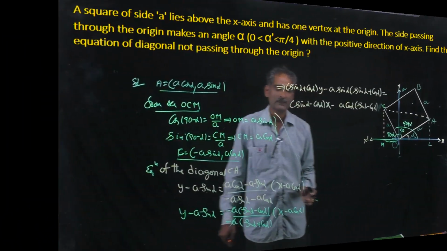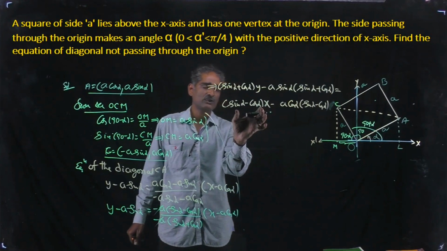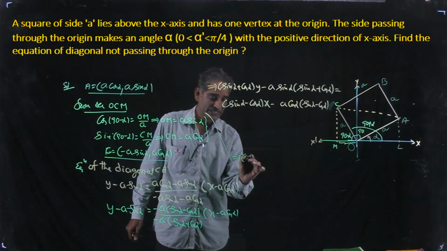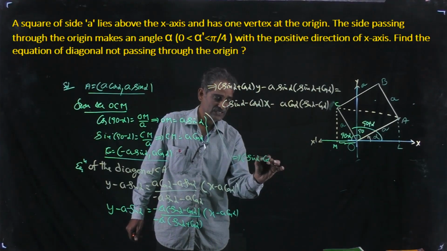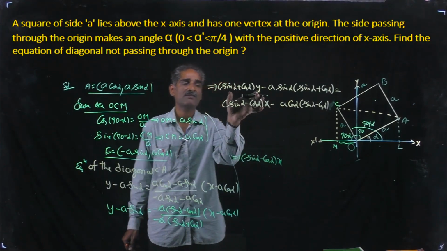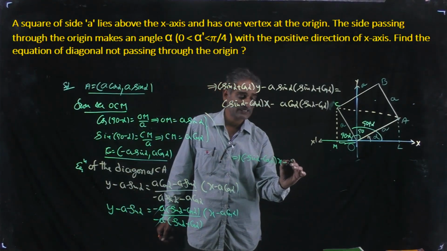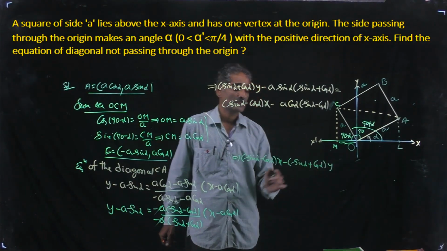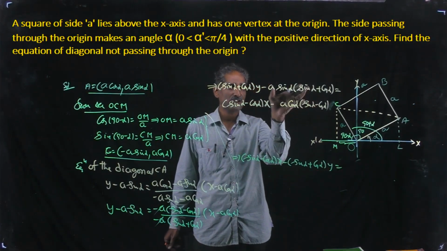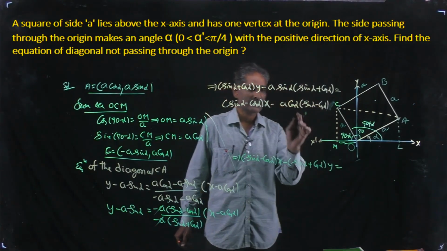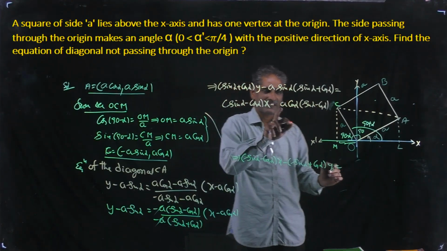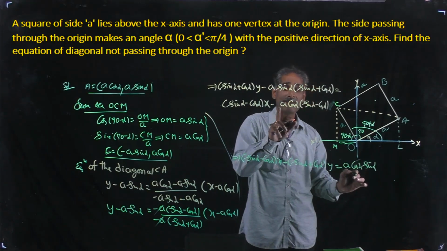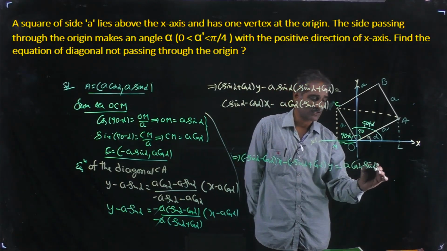Okay, so see this, here x into something, here y into something is there. Therefore here we can write (sin alpha minus cos alpha) into x. So bring this term from left to right. You can write minus of (sin alpha plus cos alpha) into y. Now what about the constant terms? Just keep it on the left side and bring this from right to left. Then we get plus A cos alpha sin alpha, minus A cos square alpha.